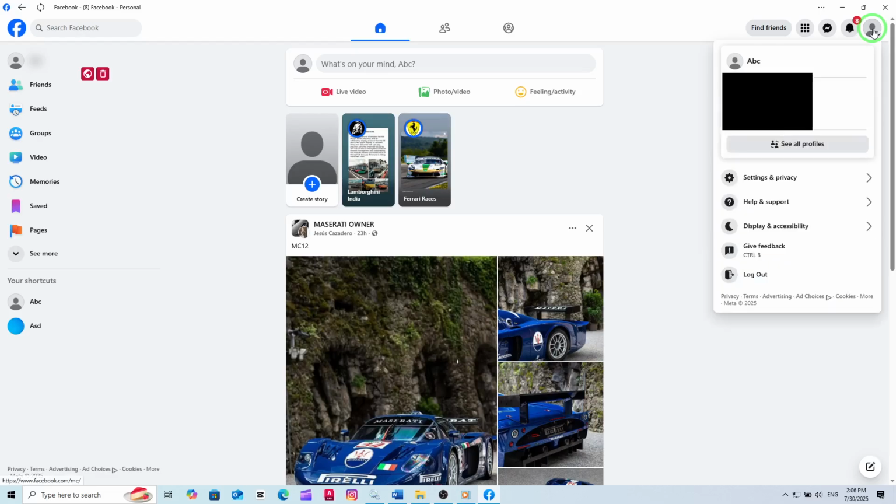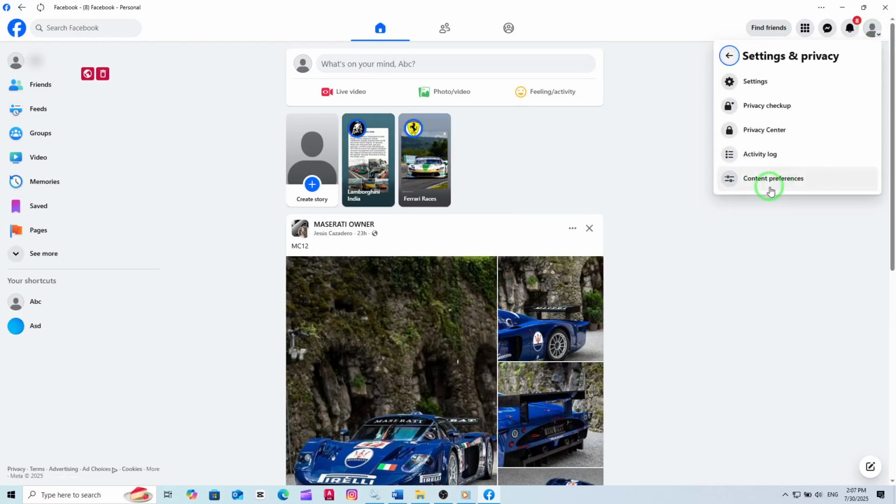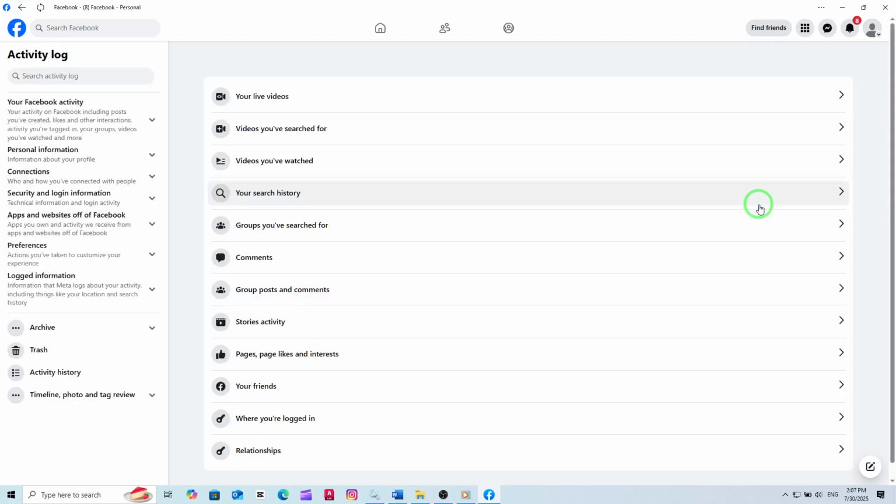From this menu, select Settings and Privacy, then click Settings. This is where Facebook organizes all your account management options. Next, find and click on Activity Log. The Activity Log is a comprehensive place that shows everything you've done on Facebook, including posts, comments, likes, and your